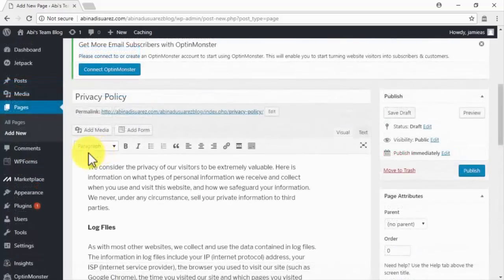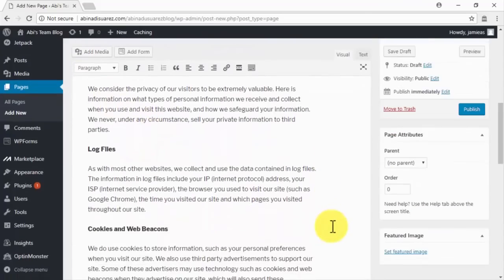First, you have to state what type of information you collect on your site. For example, if you don't have any type of sign-up form or shopping cart on your site, you'll simply need to state that you collect data from log files, which includes a visitor IP address, internet service provider, browser type,